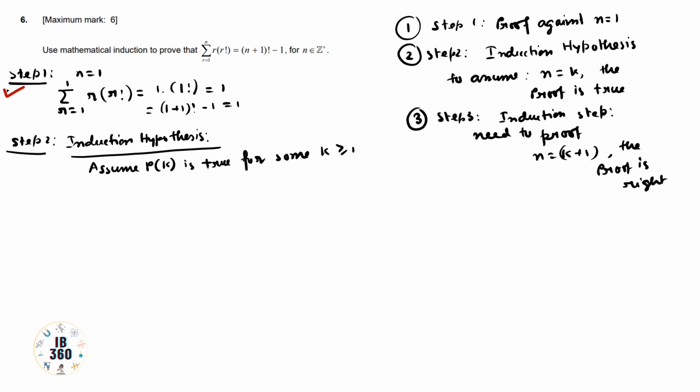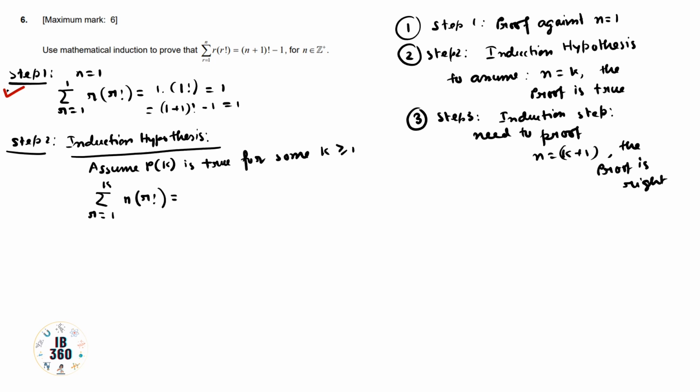So assume P(k) is true for some k greater than or equal to 1. If it is true, then we can write the summation r equals 1 to k, because the limit is from 1 to k, that is k is greater than or equal to 1. So the minimum value of k will be 1. So that's why r goes from 1 to k, of r times r factorial